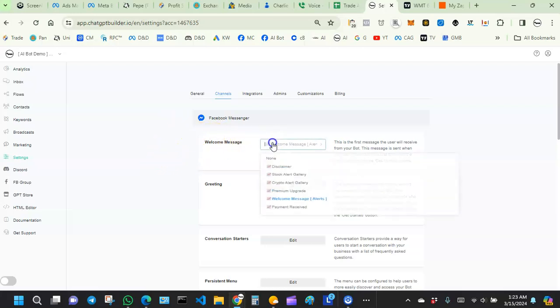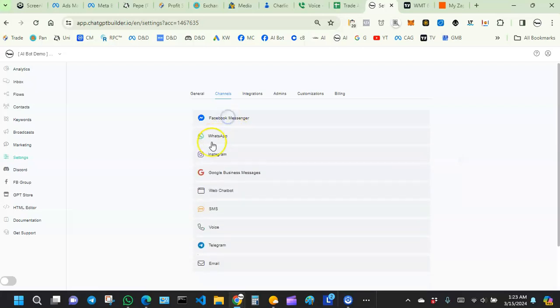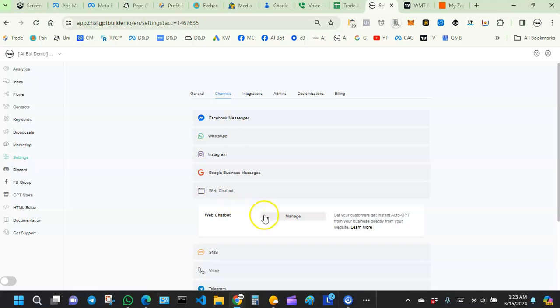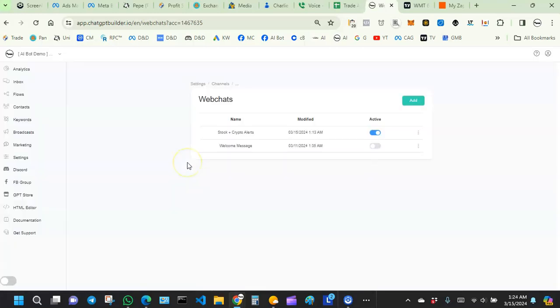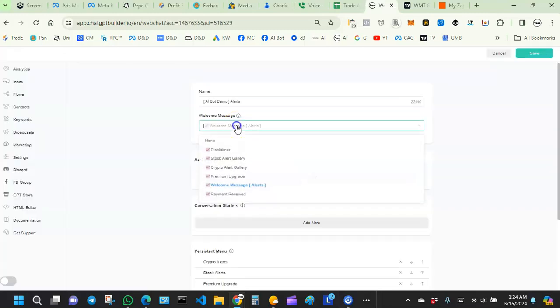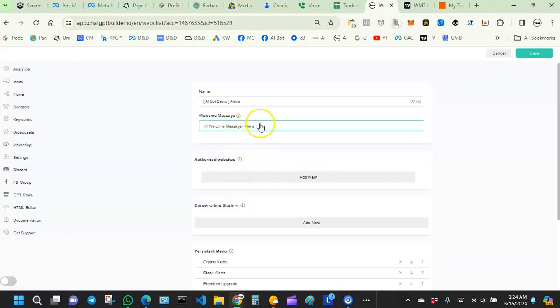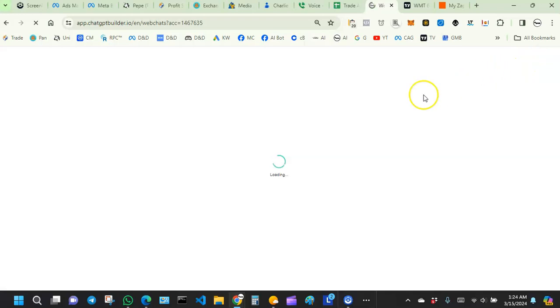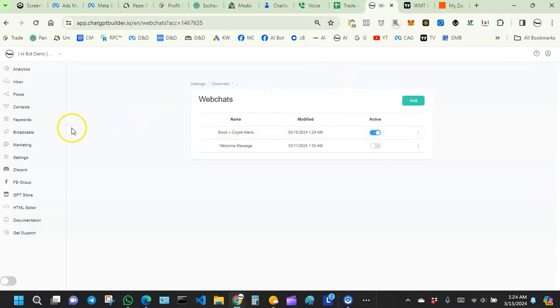Make sure where it says welcome message, you've checked the right welcome message. For web chatbot, if you're looking to display your bot on a website, make sure you click over there, and also make sure you have your correct welcome message selected. All right, now I also created